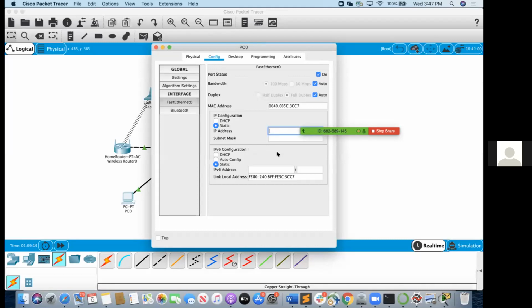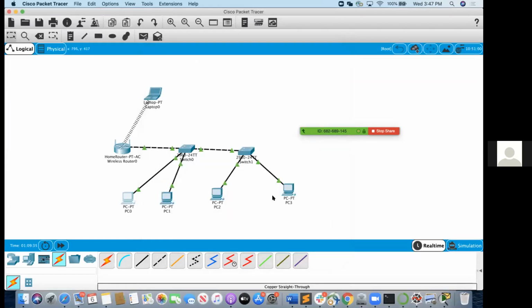And under IP configuration, we are going to provide the IP address for this device. These values are also given in the PDF, so I'm reusing the same values. And just clicking on the subnet mask will make the corresponding subnet mask appear. In the same way, we can configure the other PCs too. And once the configurations are done, that's the network setup which you need to do. You just have to verify that your connections are right and you're able to transmit and receive data.